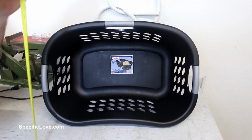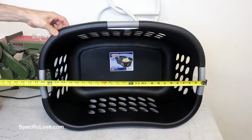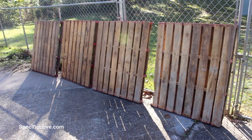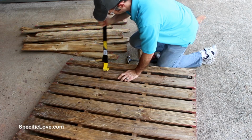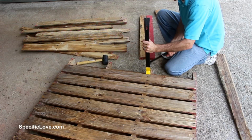To get this project started, I measured the 3 baskets we plan to use the most. They are 26 inches wide, 18 inches deep, and 10.5 inches tall. We wanted this design to be simple, sturdy, and as lightweight as possible. But trying to do all of that and keep the pallet appearance can make this a bit of a challenge. I wanted all of the wood for this project to be only reclaimed pallet wood, so I started disassembling